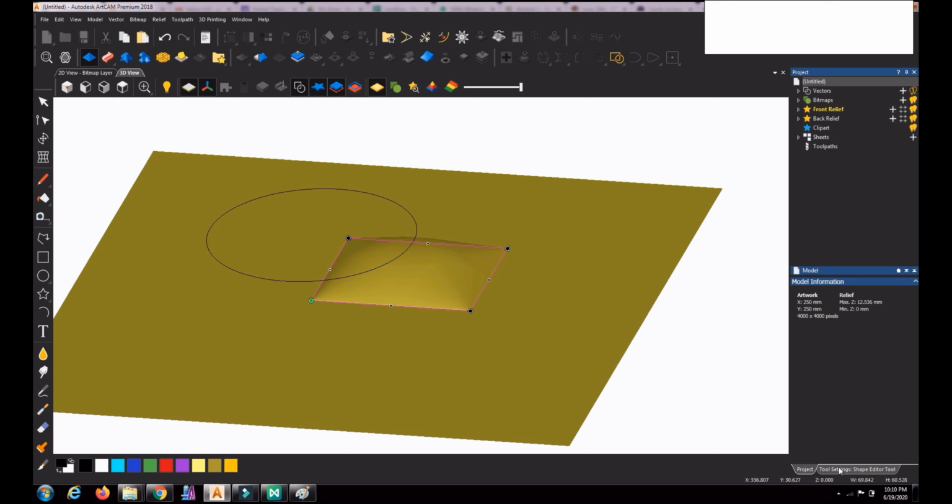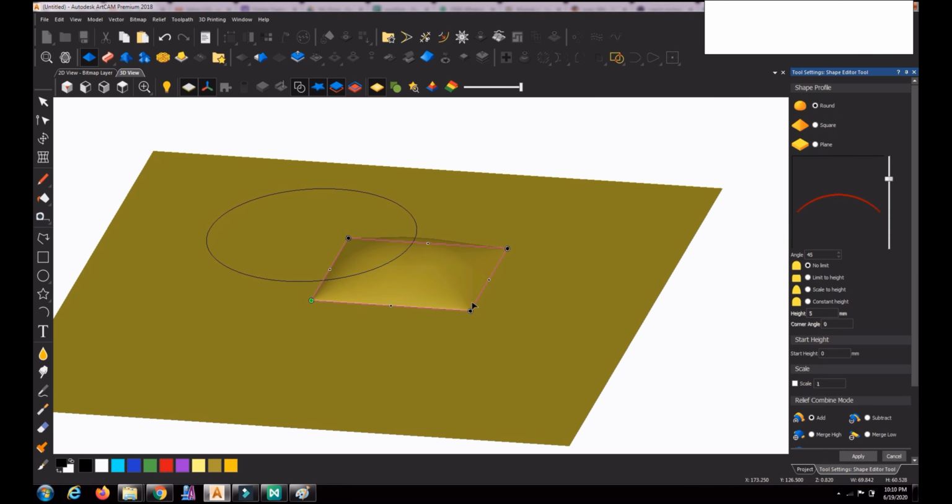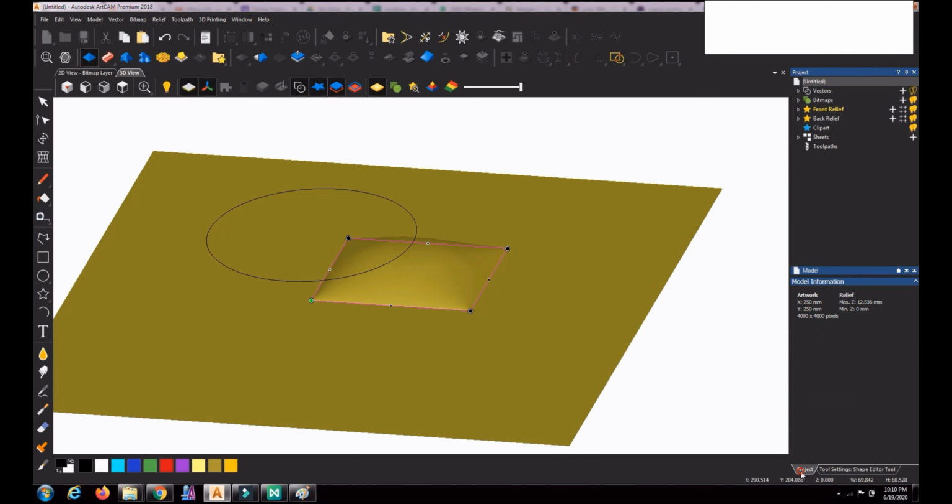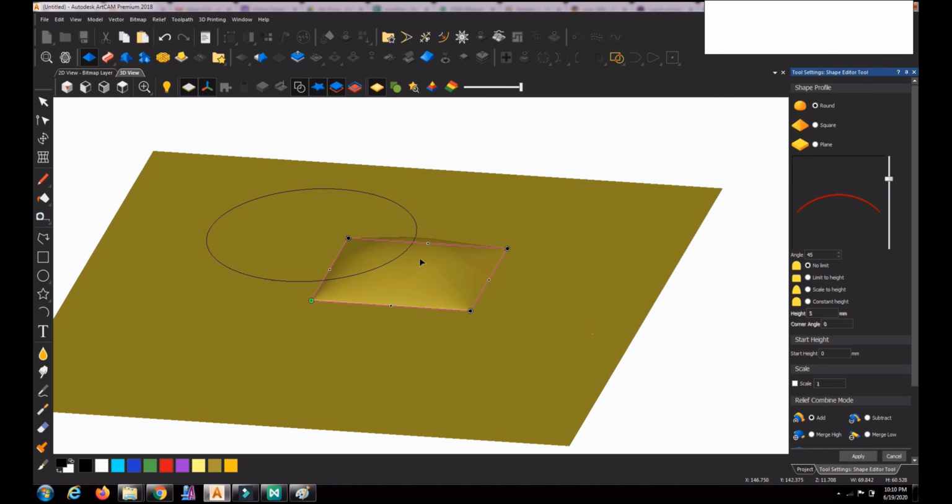So for this particular rectangle, when it goes at a 45 degree angle in the round profile, it can go up to a height of 12.536. You got it? That is the total height of this object.